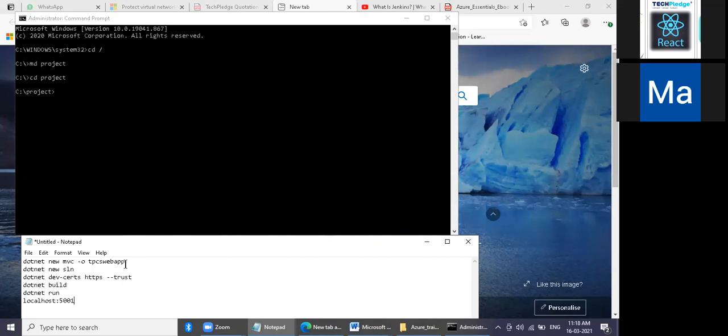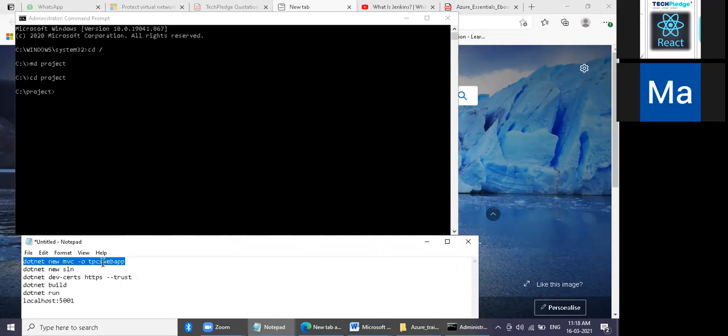So what is the first project doing? The first is going to create a web app for you. The name of the web app is TPCS web app. Now, if you want, you can change this name.